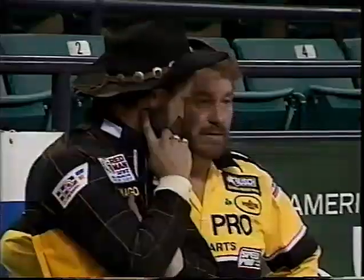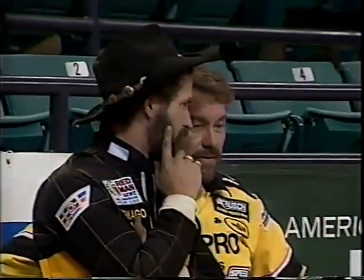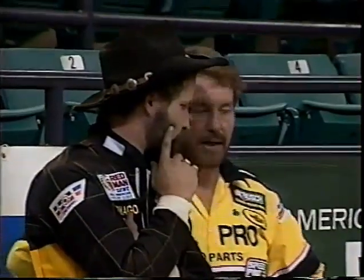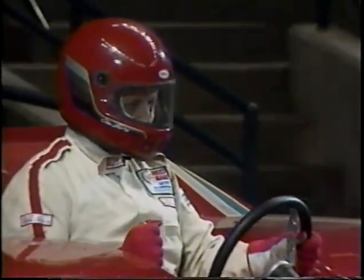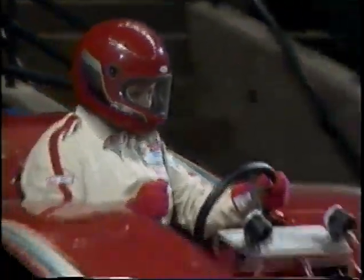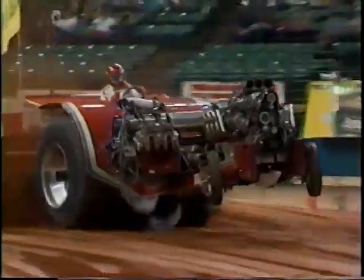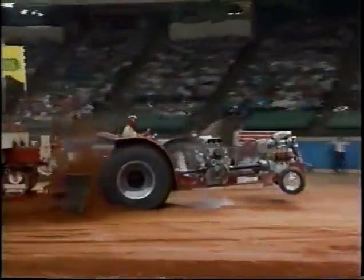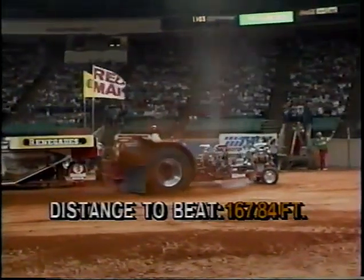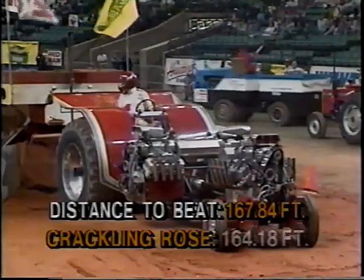These drivers can spot this sled wherever they want. Norman's your leader. He sits with his crew chief on the side. Only one more vehicle can put him away. That is the vehicle of John Powell. He calls it Cracklin' Rose. He's also out of North Carolina, and here he goes. Went to the left side of the track. You notice the front end's up, the wheels are cocked all the way to the right. It's not going to work for him. Norman's going to win this thing, Richard, and the people are going to go crazy. But awfully close as Powell goes